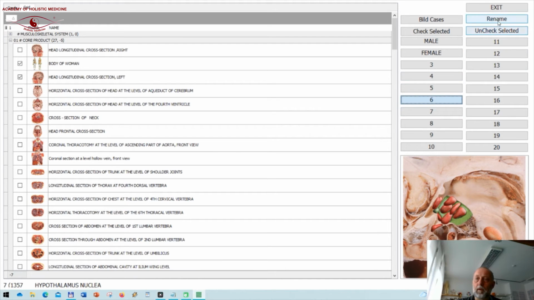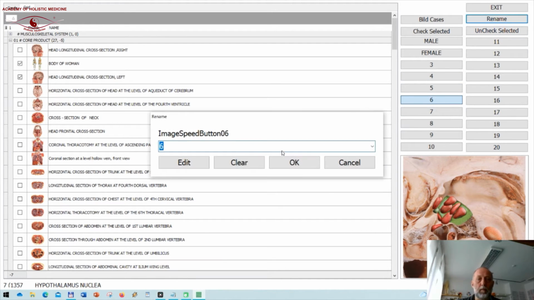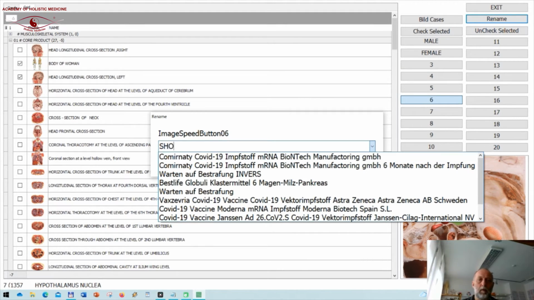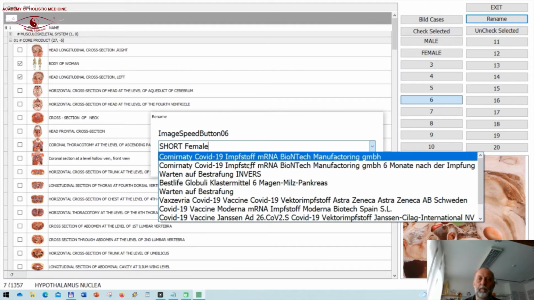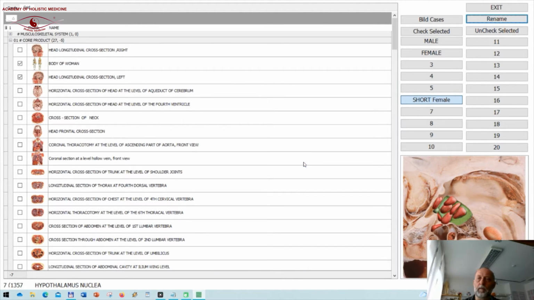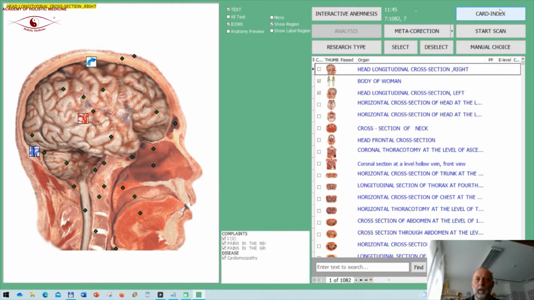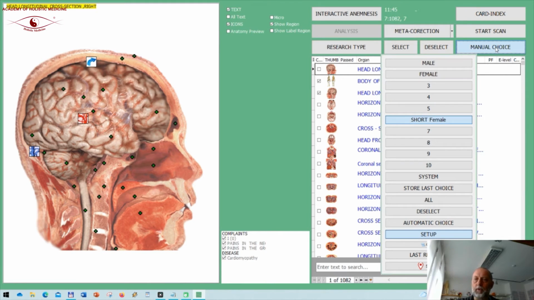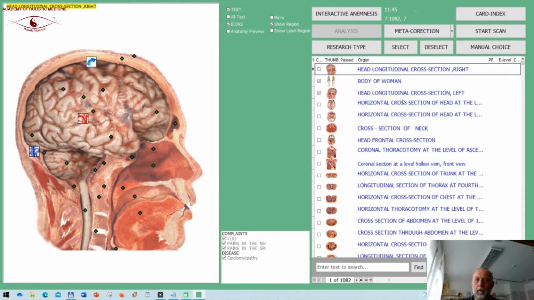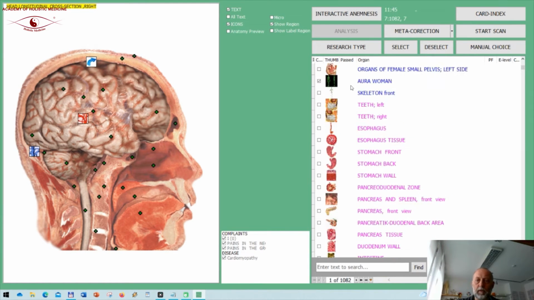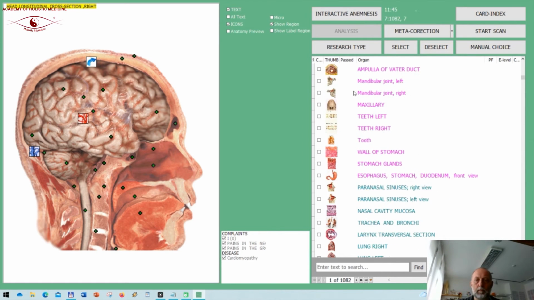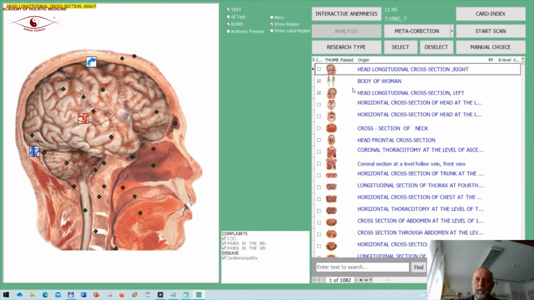I go to here, 6, click on rename, and give the name short female. Click OK. Now the button has the name short female. Go to exit. If we want to take a look, click on manual choice, short female, and any object is marked as we configured as before. So when we start scan,